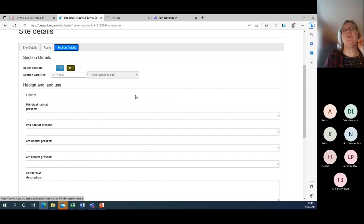But basically what you need to do, the final bit of the jigsaw, is for each section, you need to record the habitat and the land use. Now, you only ever have to do all of this once. Once it's set up on the website, that's it. You don't have to do it every time, okay? Because this is a little bit of a faff. But what it does when, so if we go to section 1,